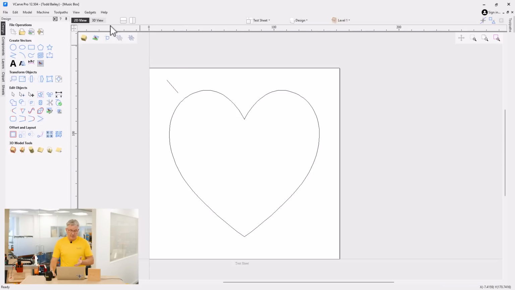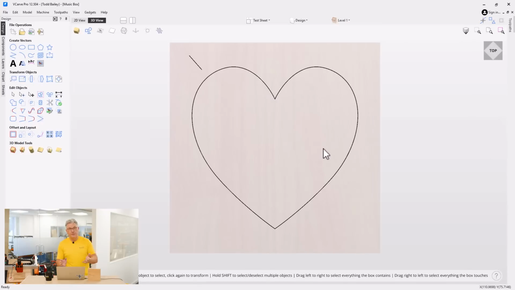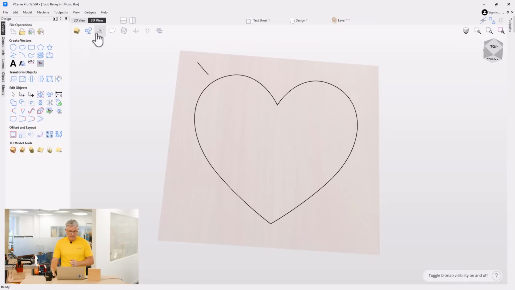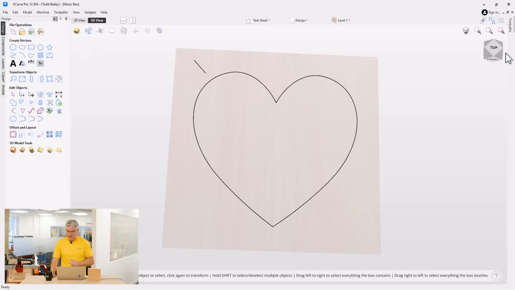Now, we're going to flip over to a 3D view. We're going to try to do most of this in the 3D view if we can. That would be really nice. So there we have it, 3D view. My vectors are showing, which is nice. I'm happy with that. Because we'll be using the Moulding Toolpath for this, we need to know a few things